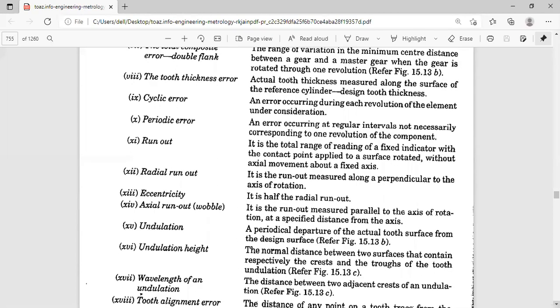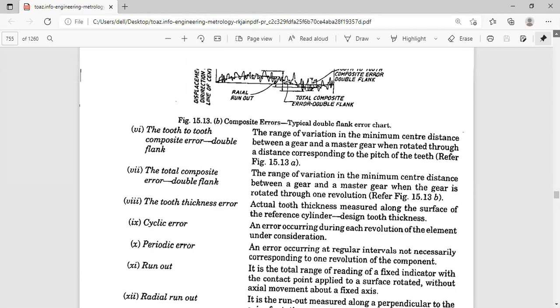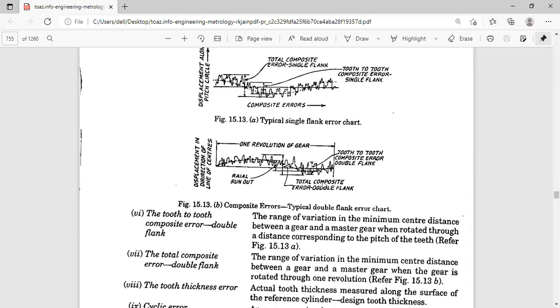This is a word which is often used in gears. It is the periodical departure of the actual tooth surface from the design surface, as you can see in this particular diagram. So we have a reference point, and that particular gear is moving from the actual design surface, or the reference surface, to a new surface.